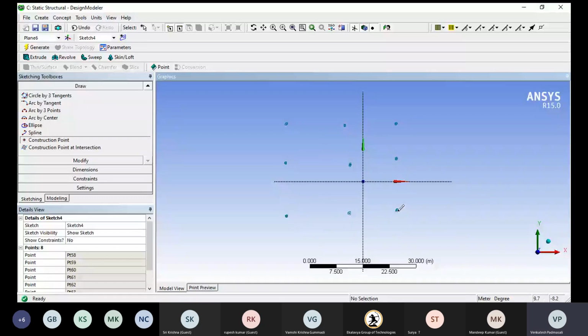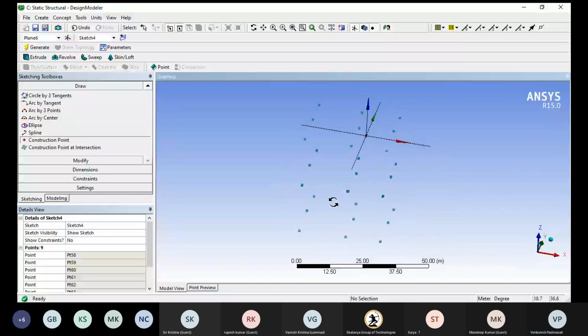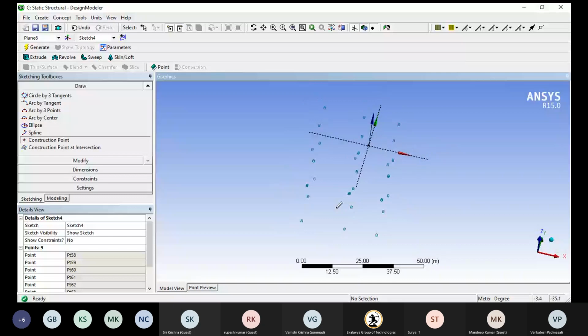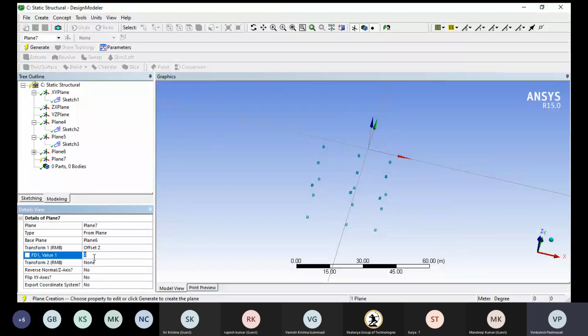So I have created these n modules. I would like to do a new plane again. So again, I would like to work on the new plane. It should be offset to Z, and it should be minus. I'm providing a minus 10 value.